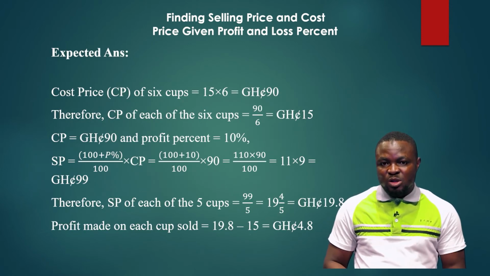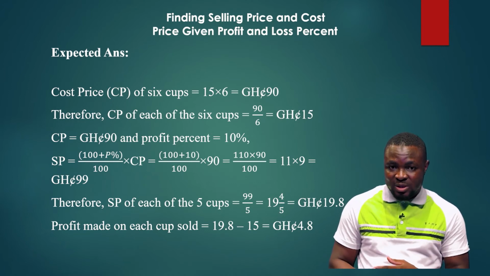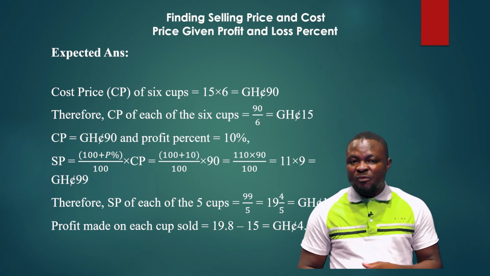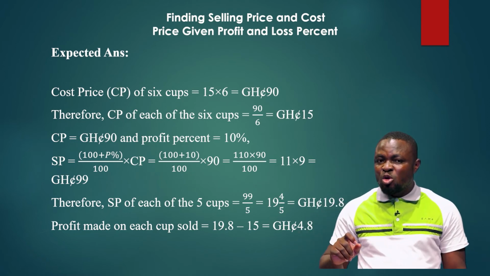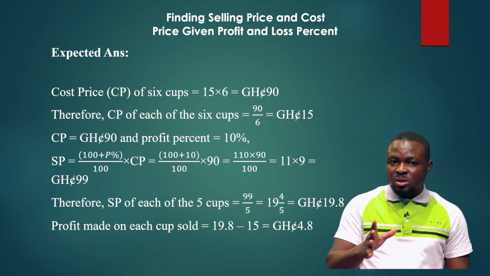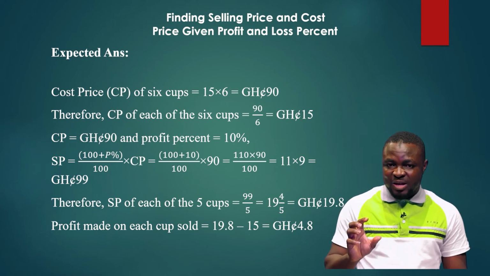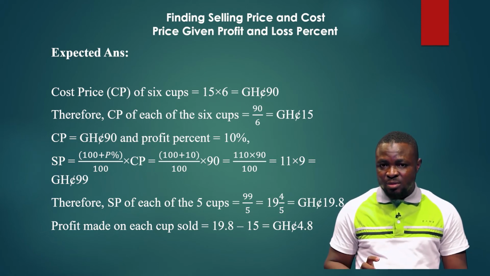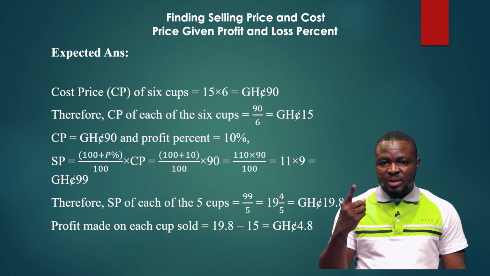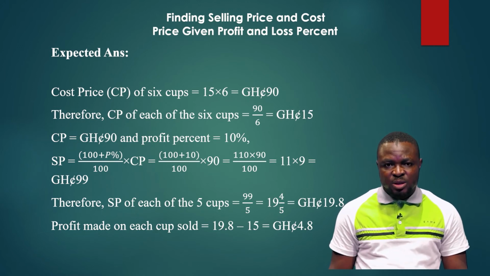So we know our cost price for the 6 cups to be 90 Ghana cedis, and the selling price is for the 5 cups. Remember, the selling price will be for the 5 cups because one of the cups is broken. So your selling price will be based on the 5 cups that are remaining. So what do you do? Knowing your cost price to be 90 Ghana cedis and also knowing your profit percent to be